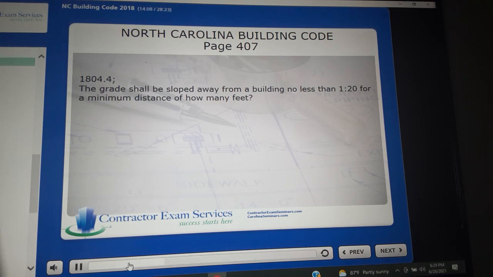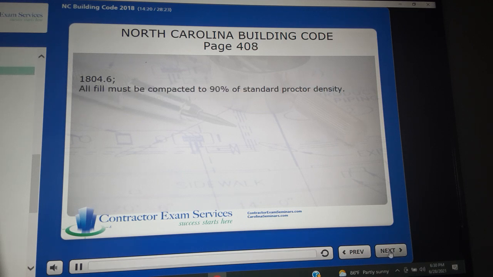(1804.4). The grade shall be sloped away from a building no less than 1 in 20 for a minimum distance of how many feet? 10 feet. Page 408,